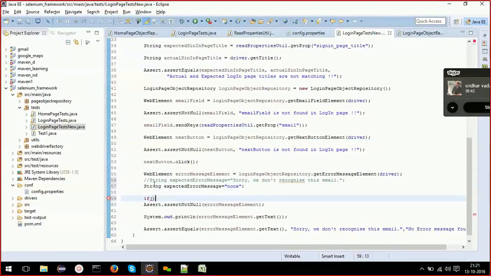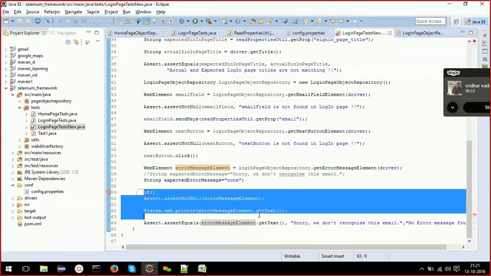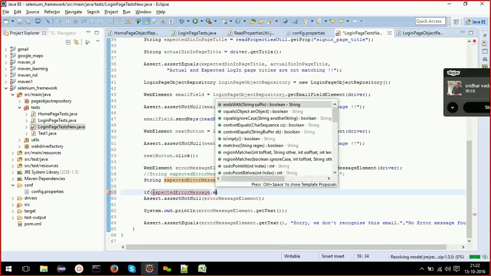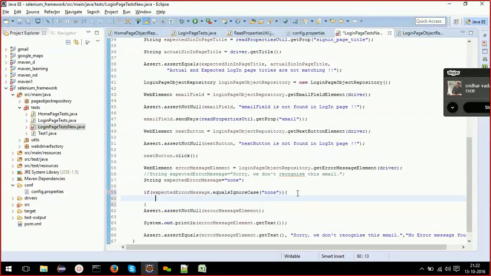Okay, this can be any one of these two combinations. So based on this expected error message, our verification step gets changed accordingly. Suppose expected error message equals ignore case none, that means this is a valid case and your error message element should not be found.